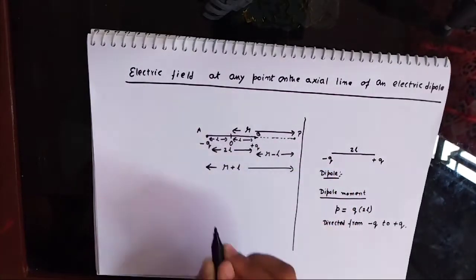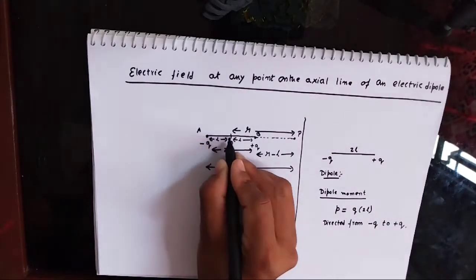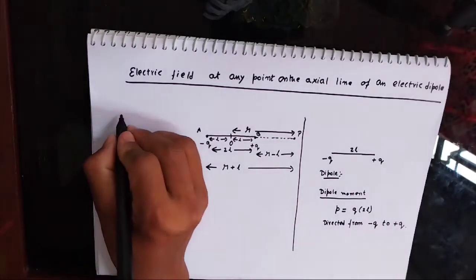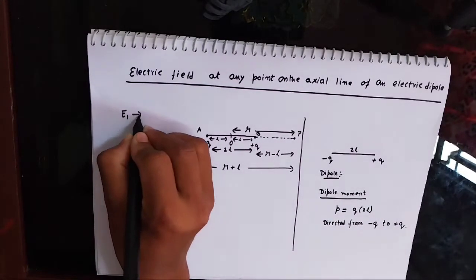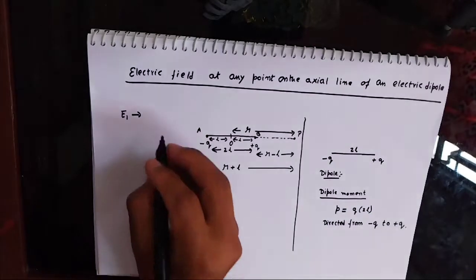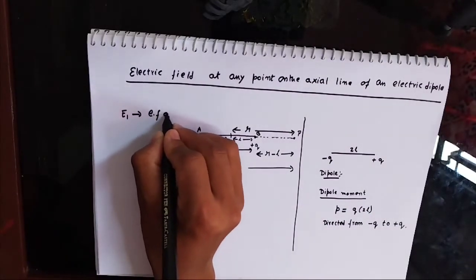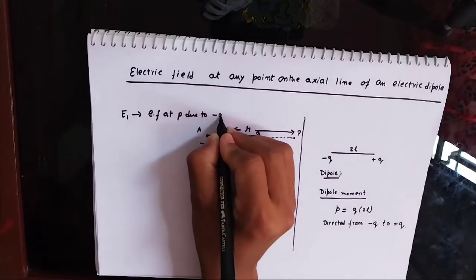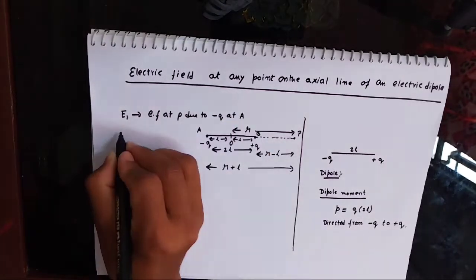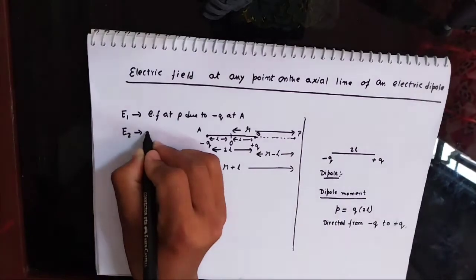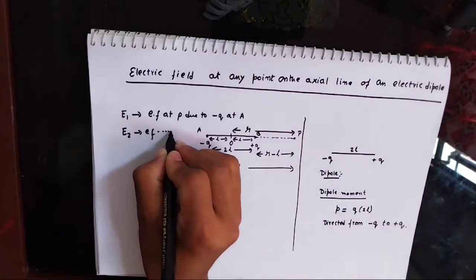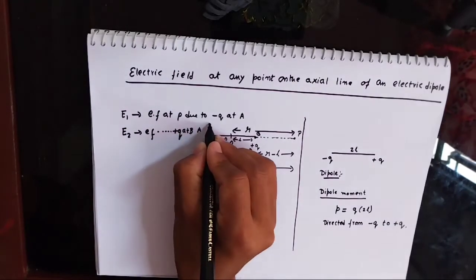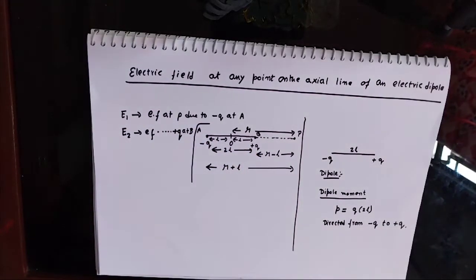From O to P it's R. From O to A it is L. So that's why R minus L. So if E1 is the electric field at P due to minus Q at A, and E2 is the electric field at P due to plus Q at B, then